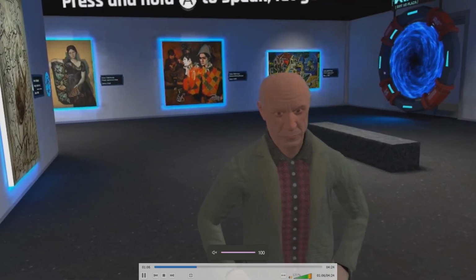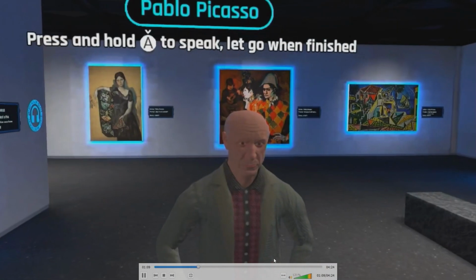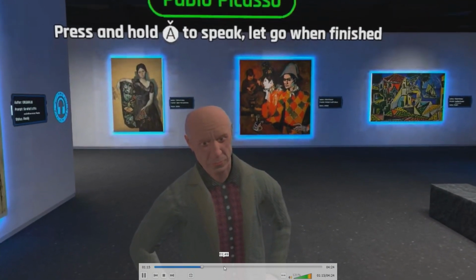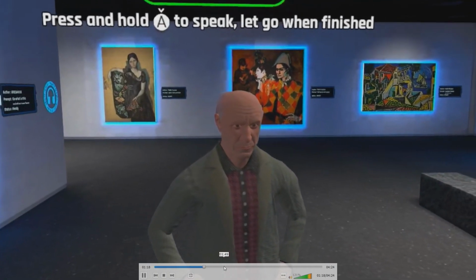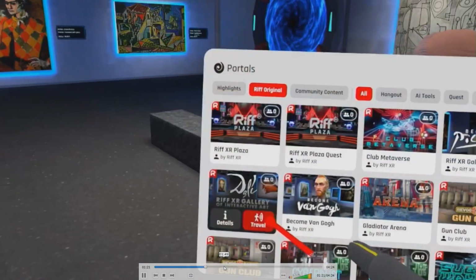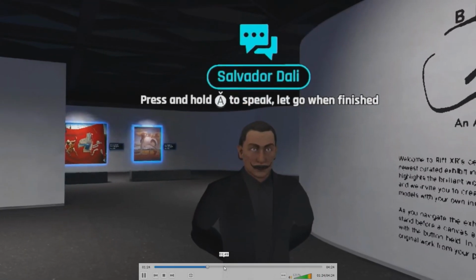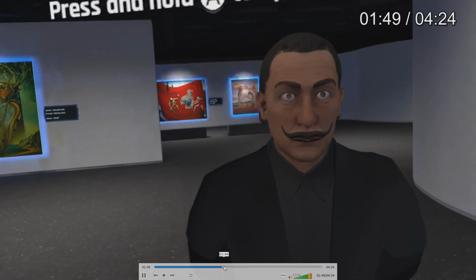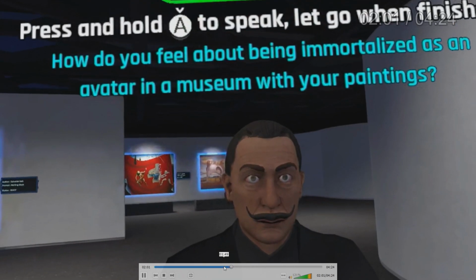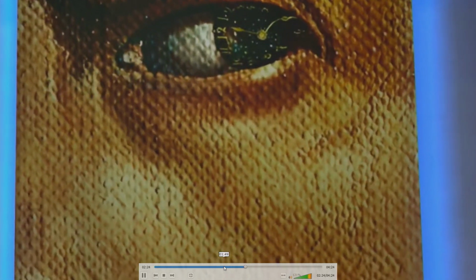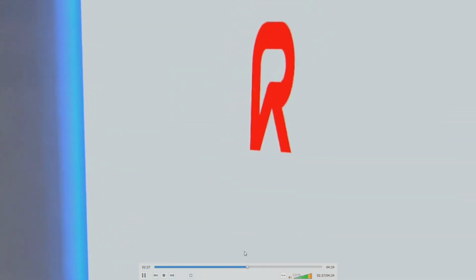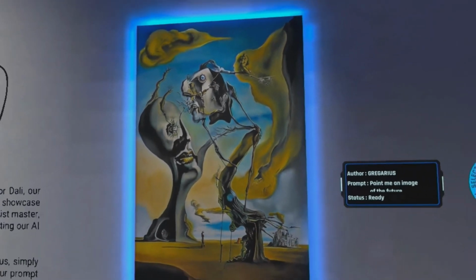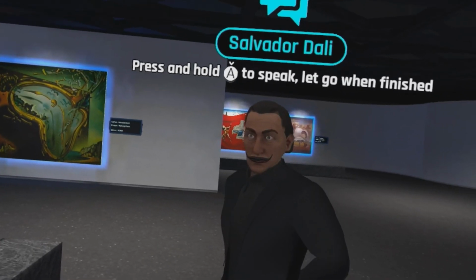So I'm inside a headset and in this metaverse. It's primarily a gaming metaverse, but I really like the virtual museum aspect of it. It's all linked up with a specific database about each artist, and their work is all around the room. You can stand in front of any one of the pictures, give it an audio prompt, and then it'll generate an image. In this case, I have a little chat with Salvador Dali. Then I stood in front of the image and gave it a prompt, and it created, in a short period of time, an example of my prompt that is in his style.